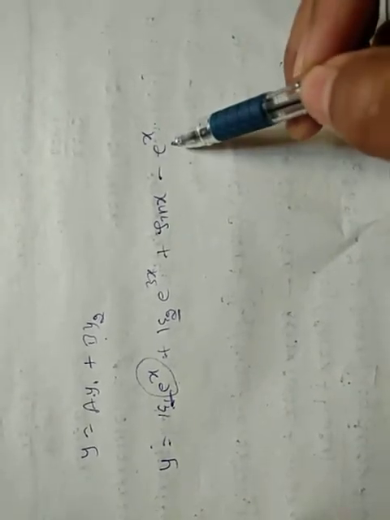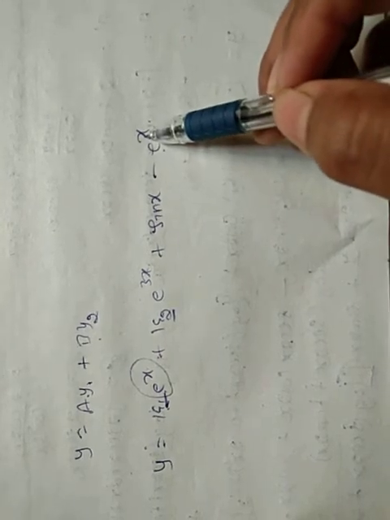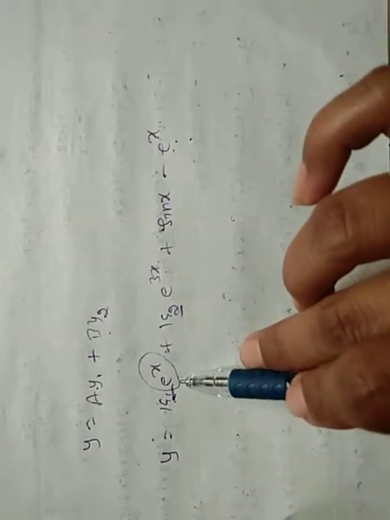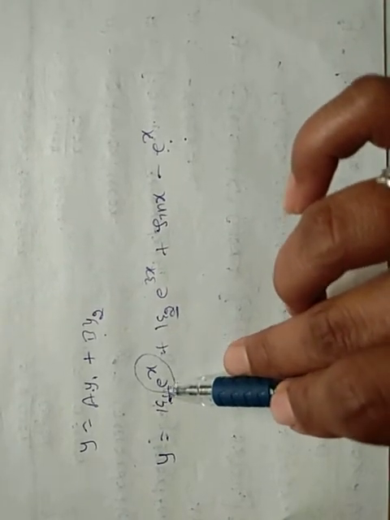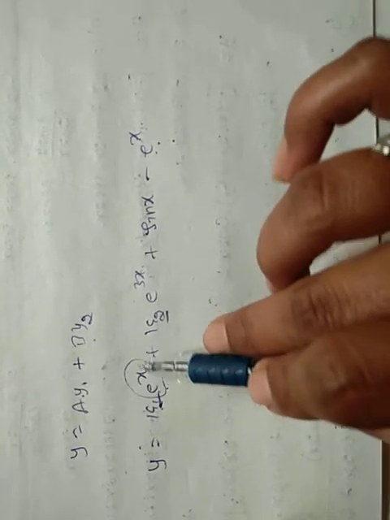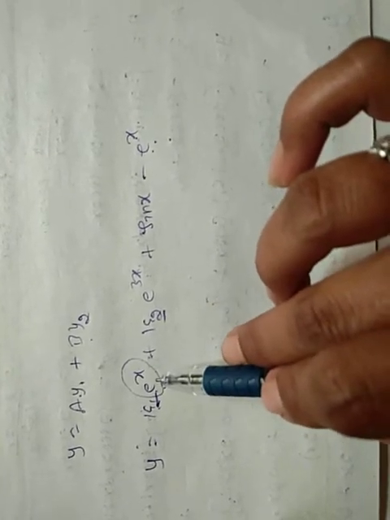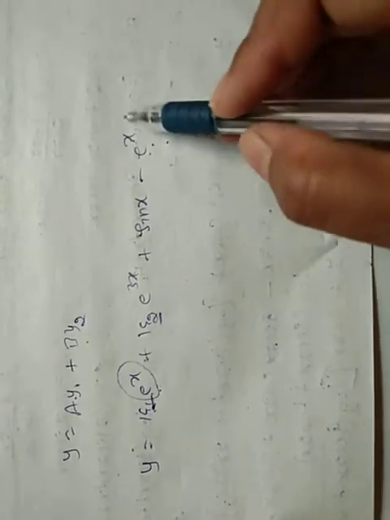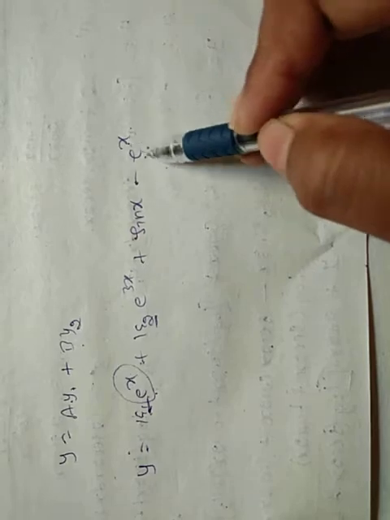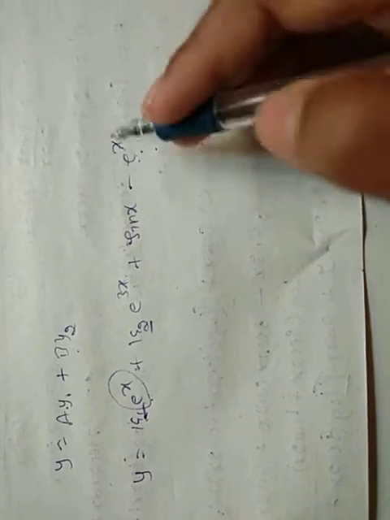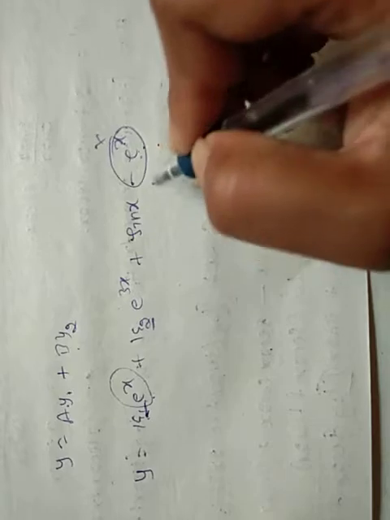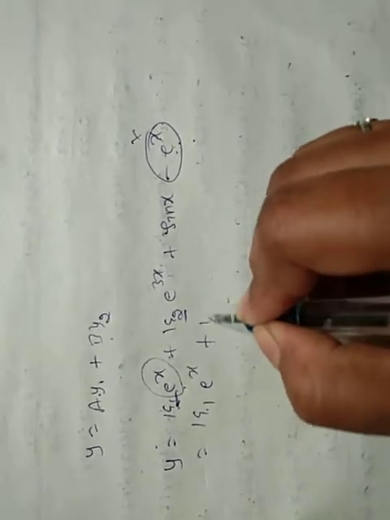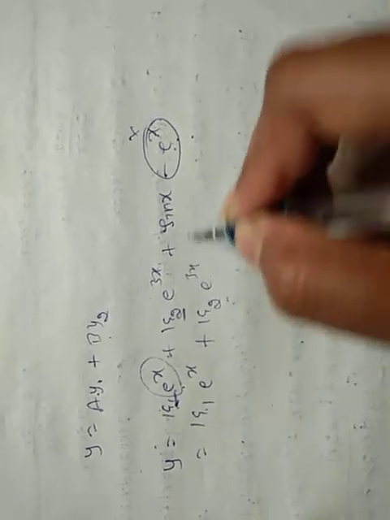Here one such term is present, e raised to x. Don't consider any positive or negative sign here, consider only the term. So the coefficient of k1 is e raised to x. You just have to concentrate: is there any other term where e raised to x is present with only a constant coefficient? Here e raised to x is present, and the coefficient of e raised to x is minus 1. So this term will be neglected. So you write down the complete solution as k1 e raised to x plus k2 e raised to 3x